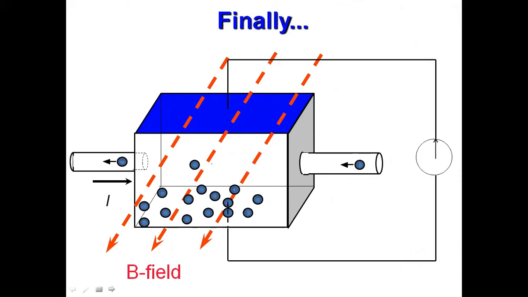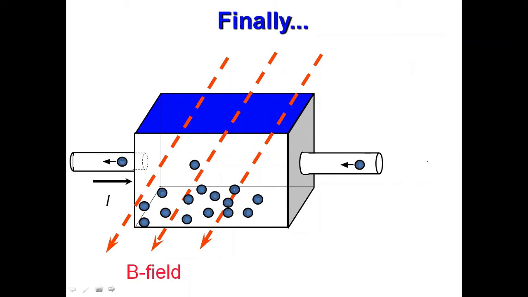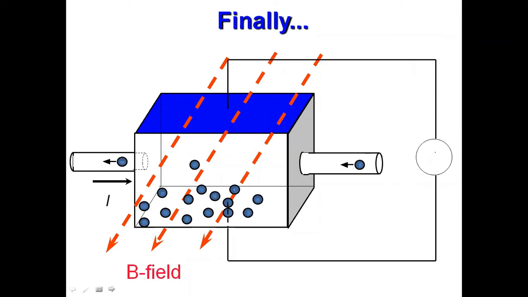So if you connect a voltmeter between the upper and lower side of the semiconductor, you will observe a potential difference. You observe here that whenever you connect the voltmeter, there is a deflection. And from that deflection, we can measure the value of the voltmeter reading. That means the potential difference between the upper and lower side. We call that Hall potential. So this is the basic thing.